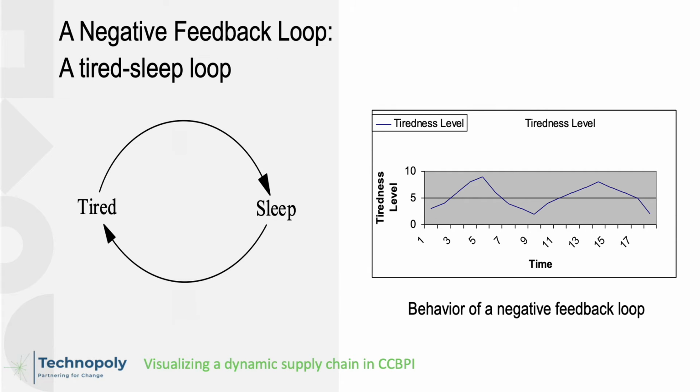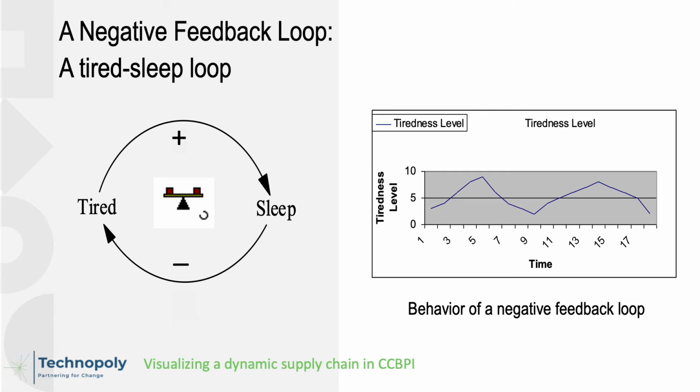So by characterizing what we call a tired sleep loop, we start by focusing on how tired we are, and the more tired we are, the more sleep we would need. And the more sleep we have, eventually you would feel less tired. So you now have what we call a positive and a negative relationship. A positive is where as the tiredness level increases, the sleep level also increases. And as the sleep level increases, eventually the tired level decreases. Such is the meaning of a negative